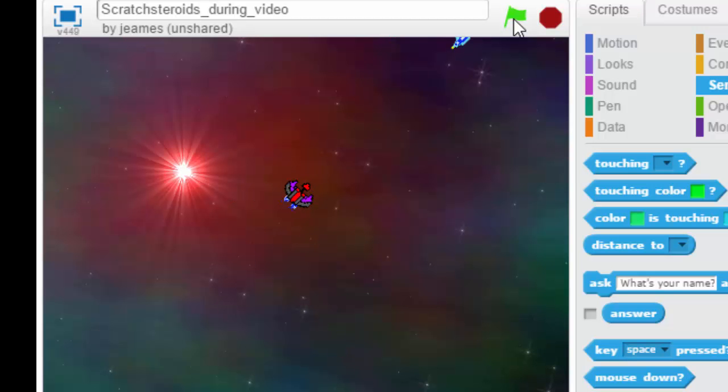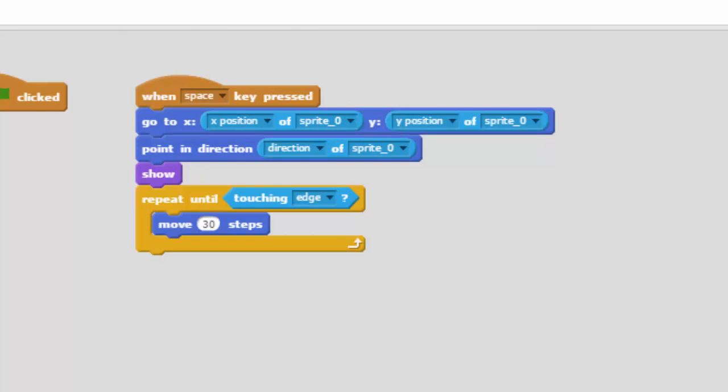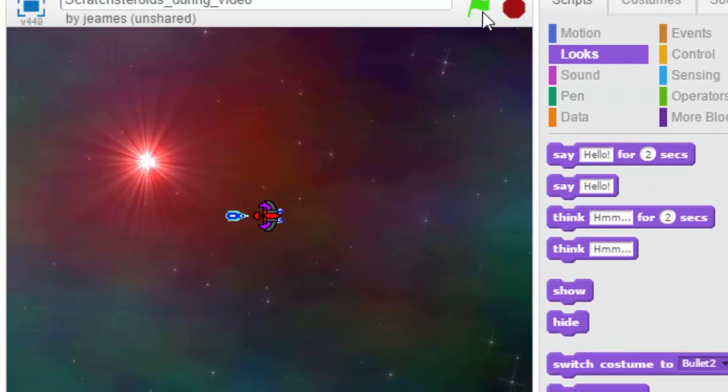And if you're paying attention, you might notice something, and that's the bullet basically gets stuck on the side of the screen. So I'm going to do one more thing to stop that from happening. I'm going to go back to looks, and I'm going to once again take the hide button. And so once it hits the edge of the screen, it's going to stop moving, and at that point I want it to hide itself. So now it's going to hit that edge and it's going to go invisible. It's still there, you just don't know it's there. So now we have a bullet that will fire